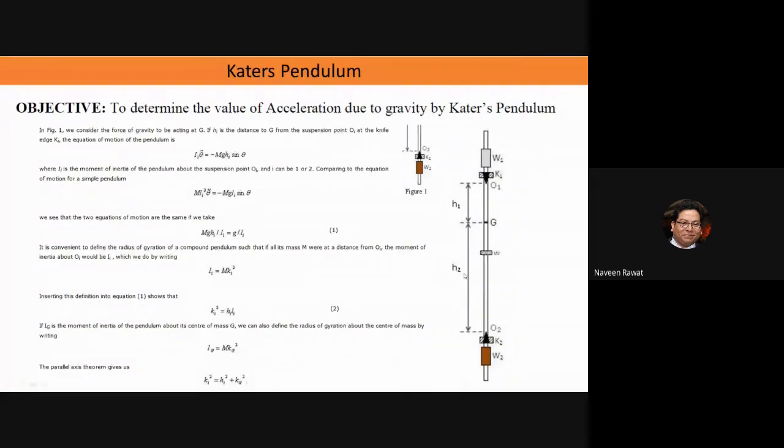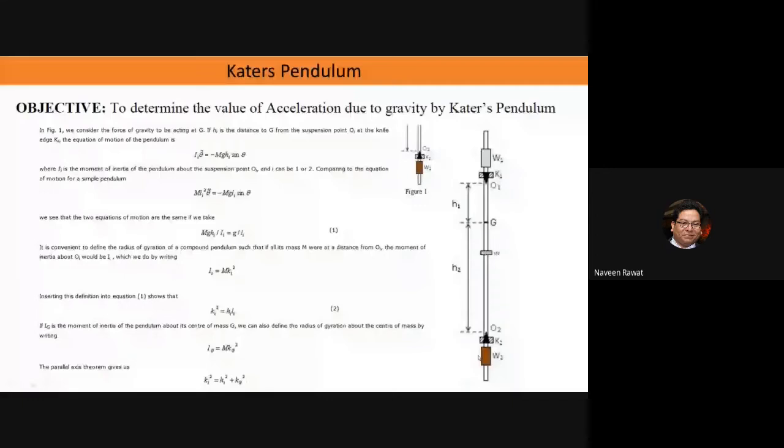Okay, and by design, it is intended that whatever air resistance happens when you oscillate about this axis, a similar shape and size of the object is kept on the other side, so that the same air resistance will happen when you oscillate it from the other end. Okay, so let me quickly show you